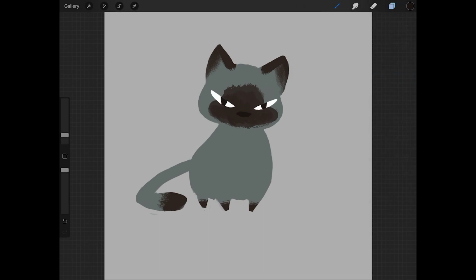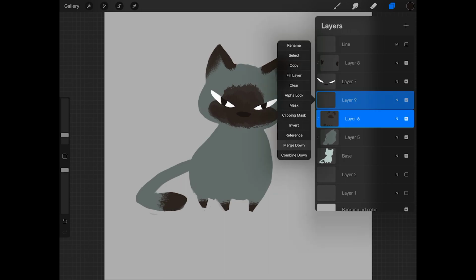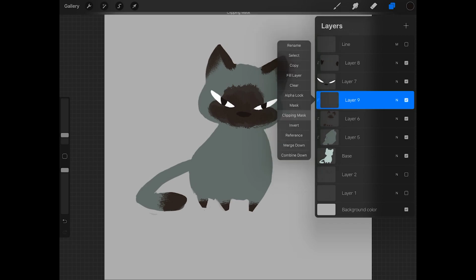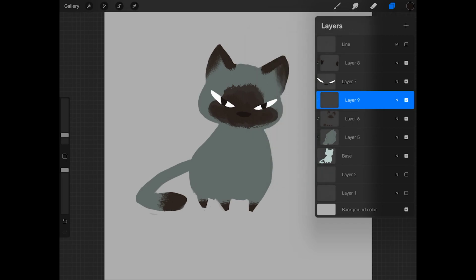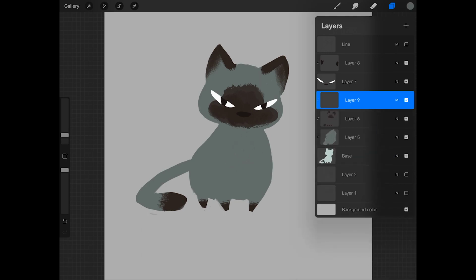So we got all the base shape and the eye and whatever detail that's supposed to be in there and all the marking. In this part, we are going to make another clipping mask for these, and I am going to start applying form. So I'm just going to use multiply, and then I'm just going to pick the local color of the cat's body, and I'm just going to paint